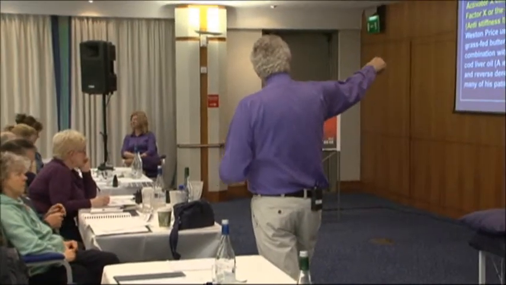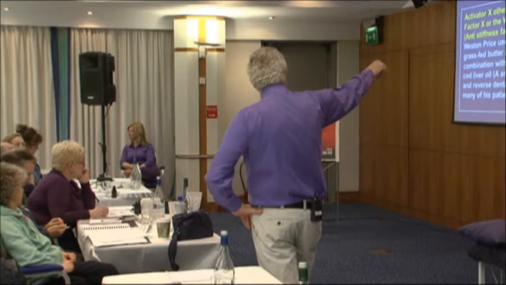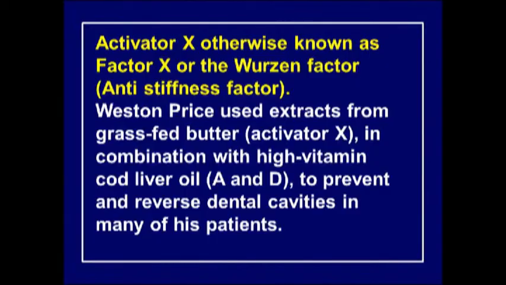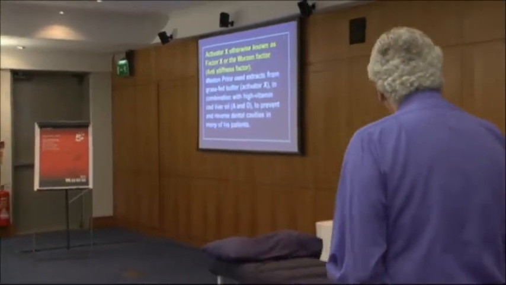Now, they thought it was a plant sterol, first of all, which acted like a cortisol and reduced the stiffness in inflammatory problems. But they're now pretty certain that it's K2. But it's known as the Wurzen factor after, I think she was Jean Wurzen, who was the person who discovered that this released people who were very, very stiff. So the stiffness is caused by deposition of calcium, and to get that calcium back into the tissue, into the cartilage and things, you need this